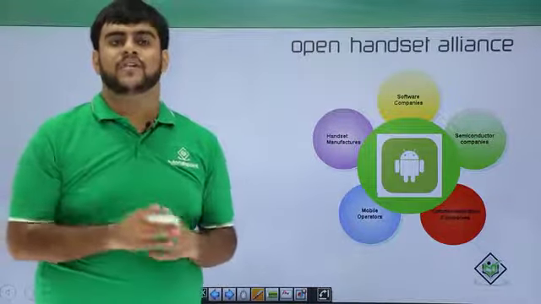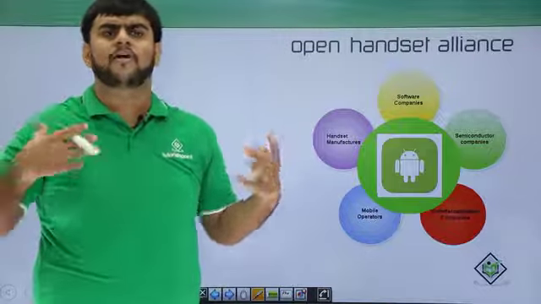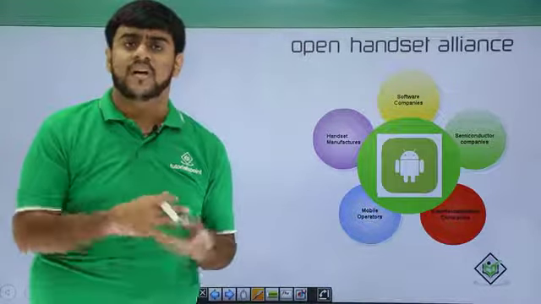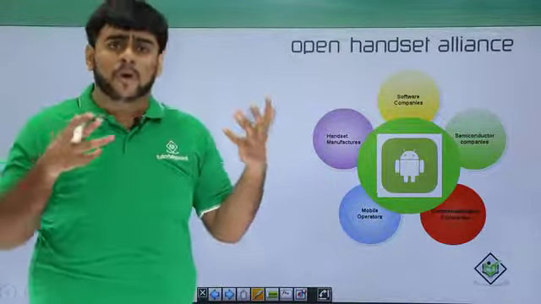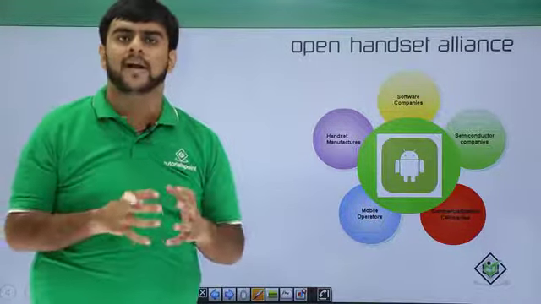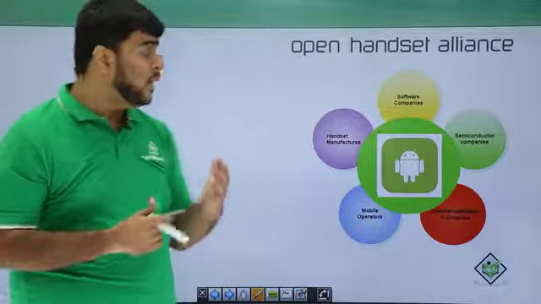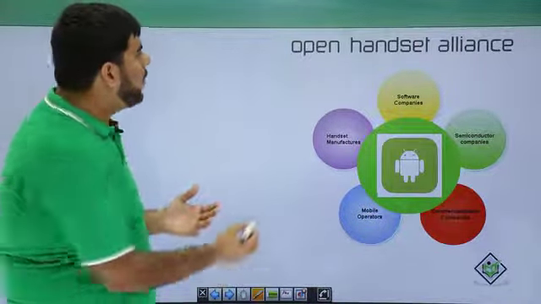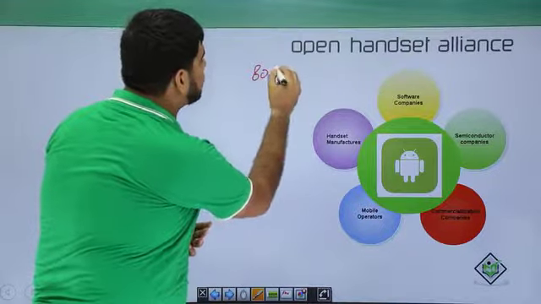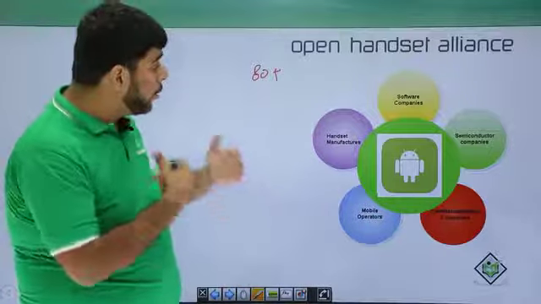Now, the OHA. Actually, Android is not related to Google or specific persons. It's a group of companies that are working together to make this operating system, to make this environment a bit better, a bit more innovative day in and day out. How is it happening? It's happening because of some 80 plus companies coming together and forming an alliance to improve this.